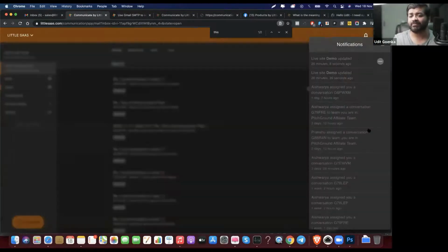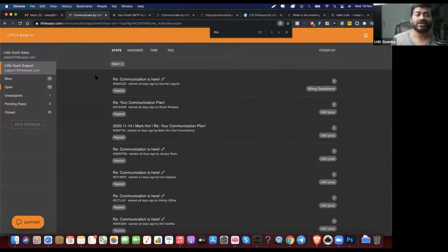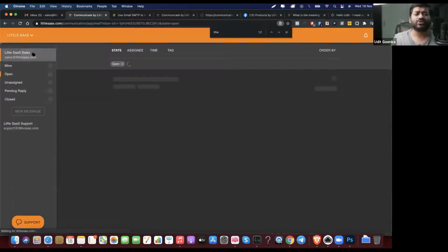This is where you have a complete notification panel. And by the way, this is a global notification system. So even if you get a notification in a second or third or fourth or fifth workspace, you will still get the notification. This way, you're not going to miss out on any notification at any point. So this is how the system works flawlessly, very smoothly. The workflows are so very solid. You can just turn the manual workflow into an automated workflow. The system is so very robust, even at the current stage,